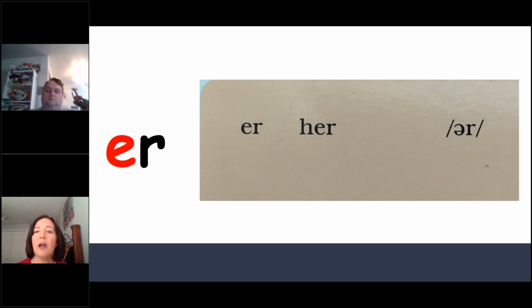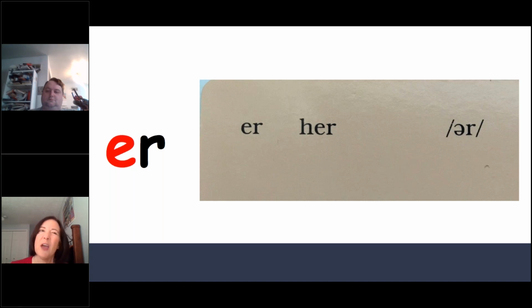The next R-controlled sound that we want to talk about is the ER. ER always says /ɜr/, like the word her. And when you hear /ɜr/ in a word, if you're spelling, it will be spelled ER most of the time. If you're spelling a word and you hear /ɜr/, you will use ER to spell,